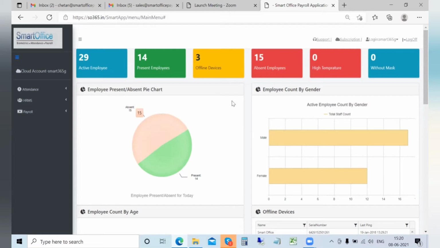And then we have a good number of channel partners who are spread all over India, and this number is somewhere around 3 to 5,000. So there are very good number of customers that have been using attendance so far. And we are also into payroll solutions. We started this around 5 years back, and we have around 250 to 300 clients as of now who are satisfied with our services.